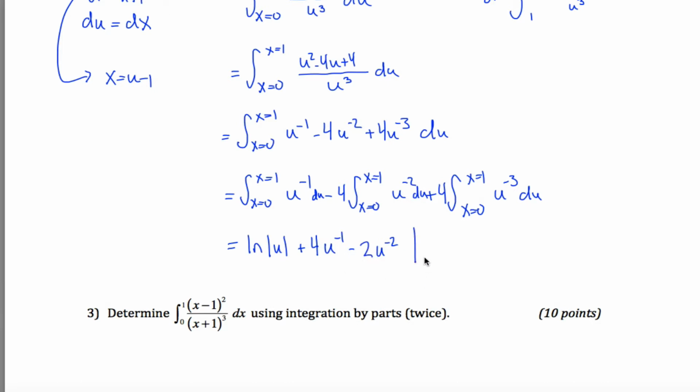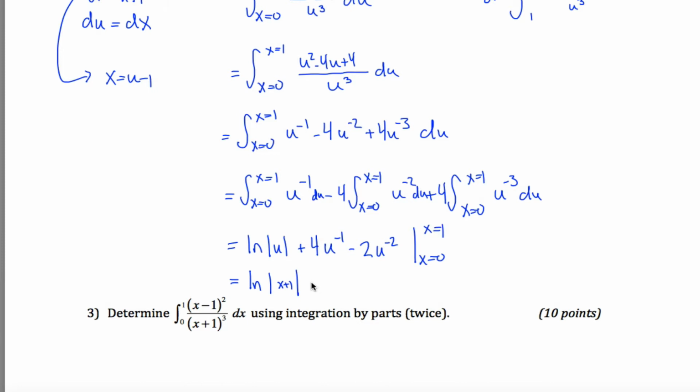So I end up with something like this, and I want to evaluate this thing from x equals 0 to x equals 1. And I can do that, not yet, because these are still u's and I got to make them x's. So this is the natural log of, recall that u is equal to x plus 1, so the absolute value